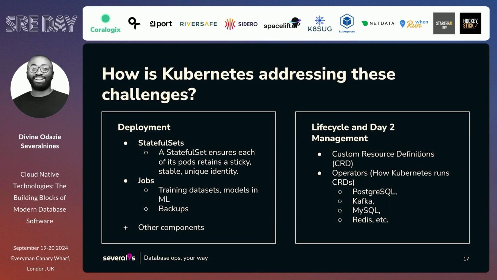But then again, these operators are not enough. There are different types of databases, right? There are not operators for every kind of database. That's what we need to understand. So you won't say that for every kind of database you want to deploy, you see a stable operator out there for you, right? But this is what we will focus on in the later parts of the talk, how operators are helping deploy and manage databases on Kubernetes.